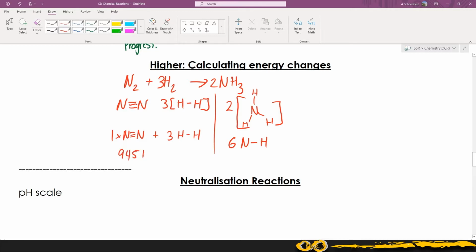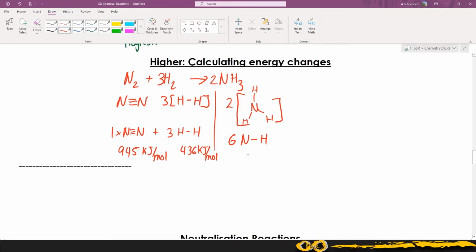945 kilojoules per mole for the nitrogens, 436 kilojoules per mole for the hydrogens, 391 kilojoules per mole for those. In total, we have 2253 kilojoules per mole of energy in the reactants, and in the products we have